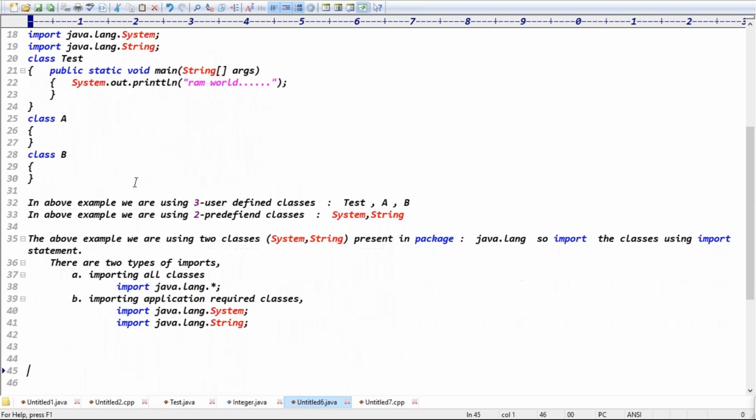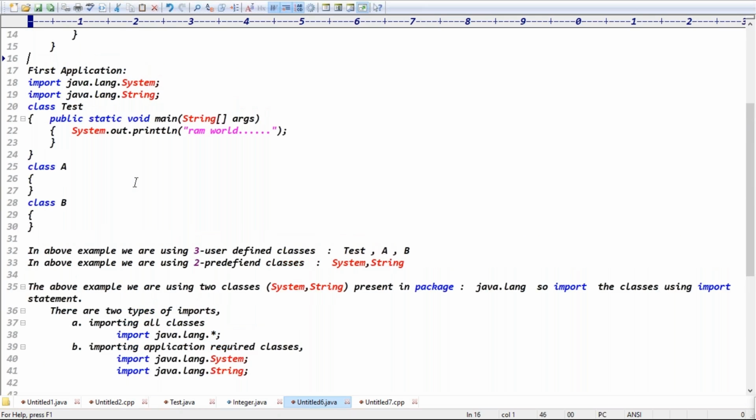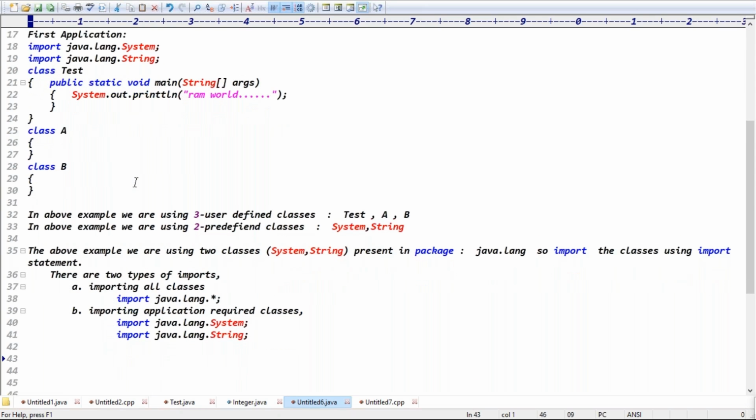In this first application, we're using two predefined classes, guys. Java provides predefined support in the form of what? Packages, right?